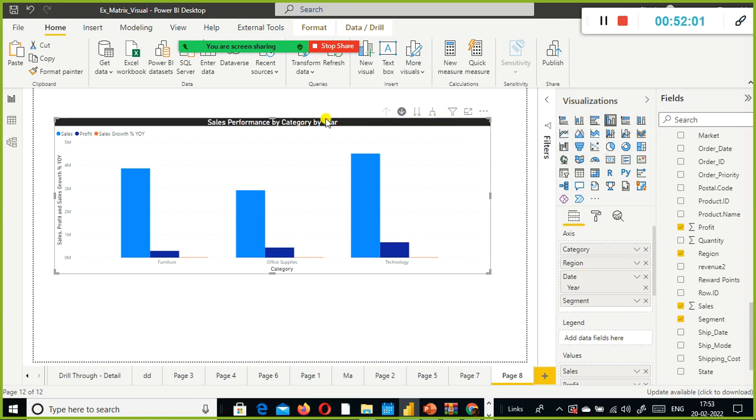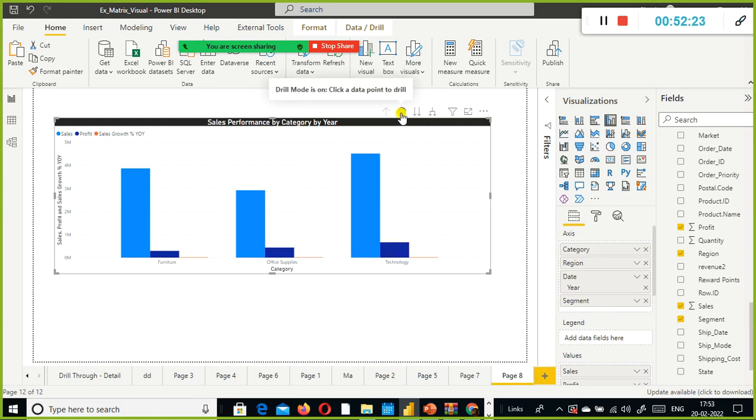In table visual it was not possible, but with clustered chart and even stacked chart, even matrix, it is enabled automatically. Now we are at the top of the hierarchy, category. So furniture, office supplies, these three categories are there.